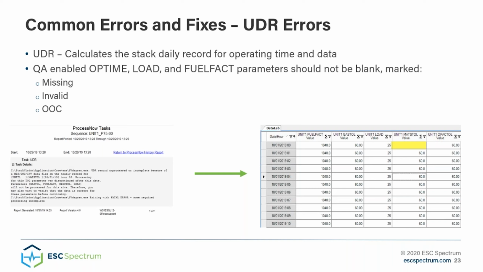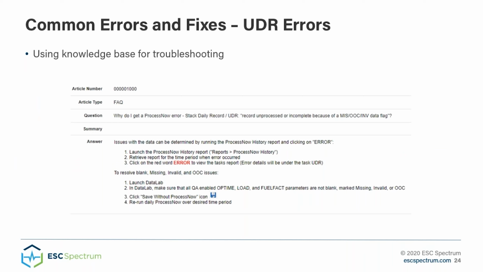So here, I'm showing the example of pulling that up actually in Data Lab, and you can see this specific hours blank, and that would need to be fixed. If you were to troubleshoot this using the knowledge base, you'd get a brief explanation here, but at the bottom half of that answer, you can see launch a Data Lab, go look at these specific parameters, make whatever edits